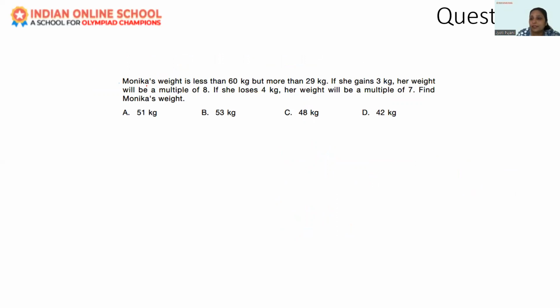Now, read this question first. Monica's weight is less than 60 kg, but more than 29 kg. If she gains 3 kg, her weight will be a multiple of 8. If she loses 4 kg, her weight will be a multiple of 7. Find Monica's weight. Look, if we think about these questions this way, we can do it by calculative